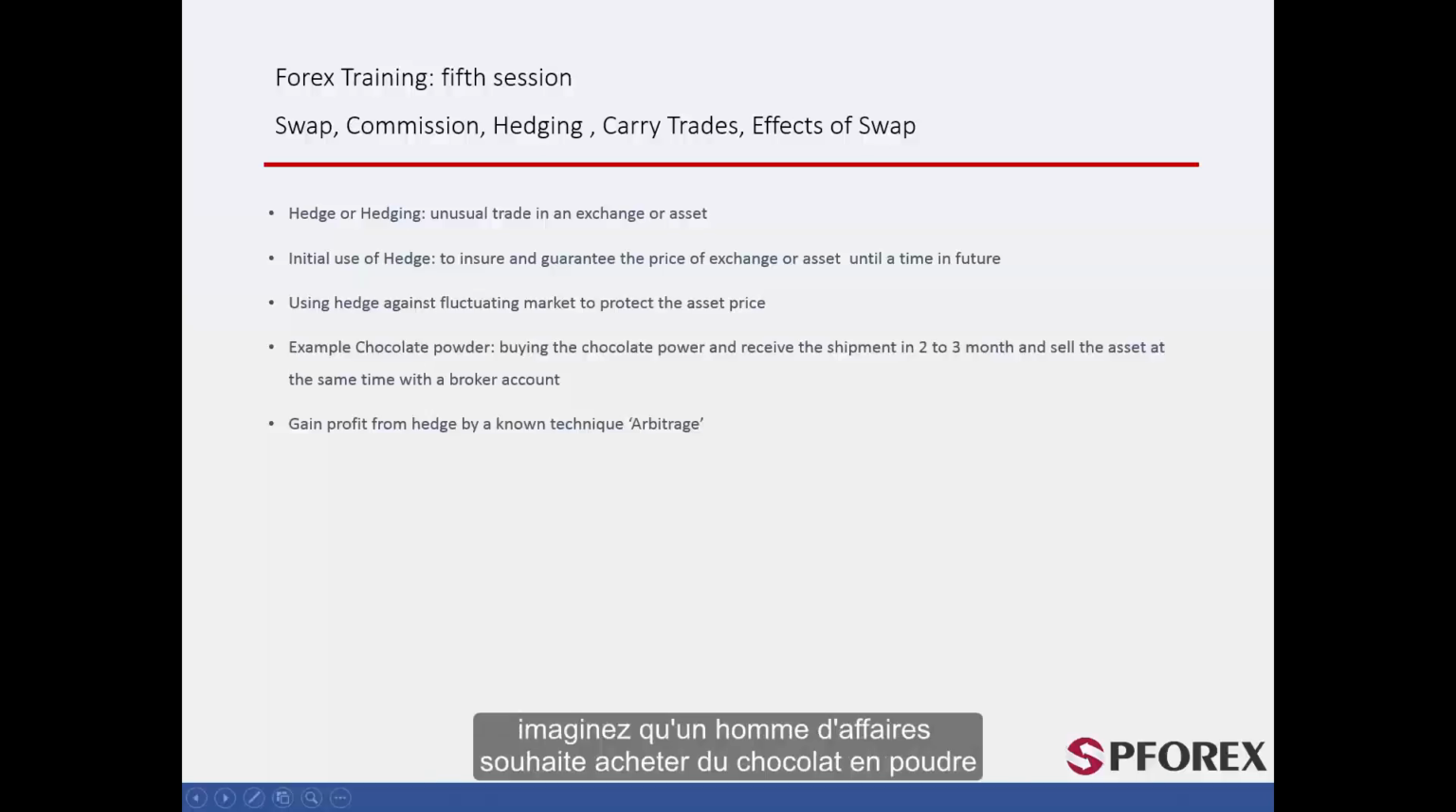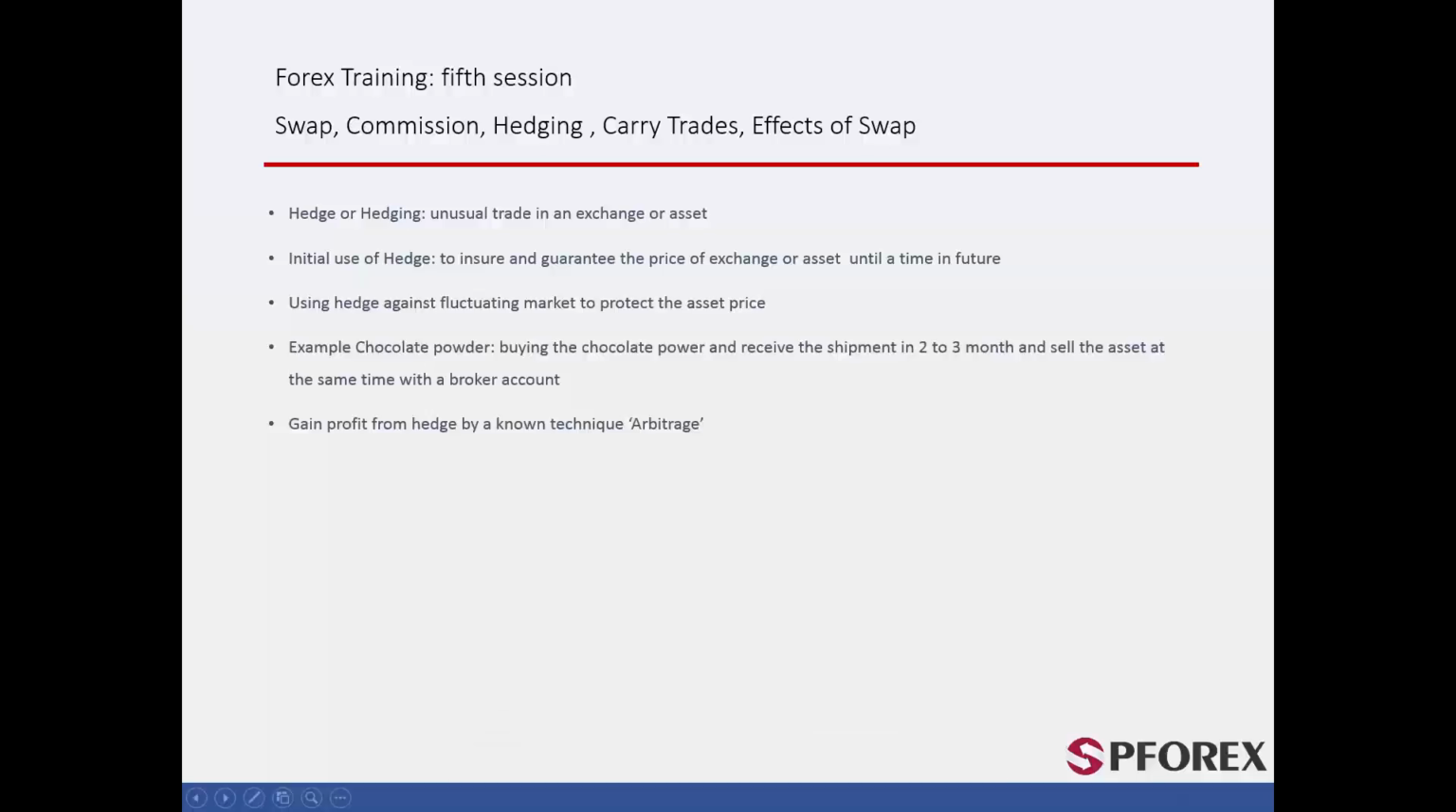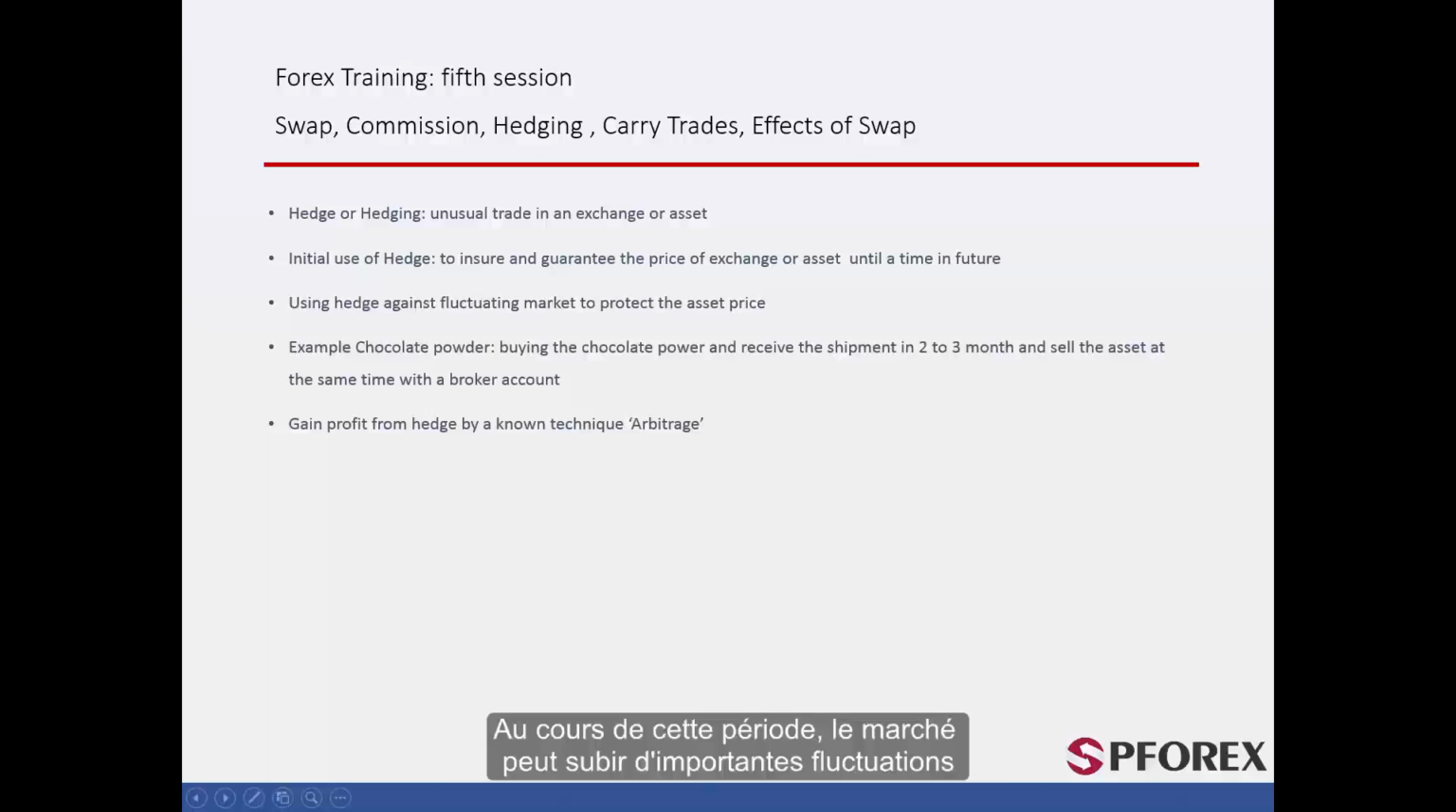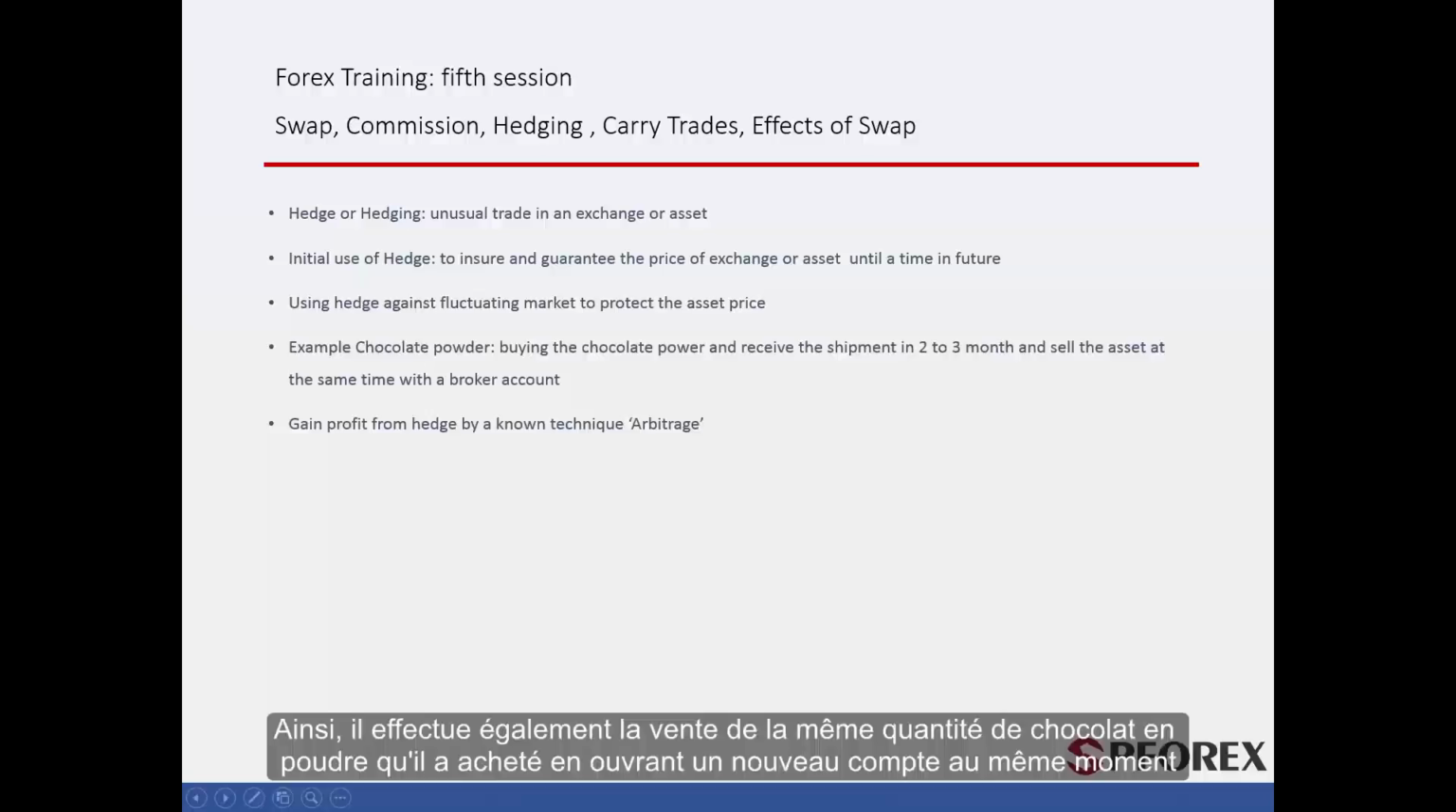For instance, imagine a businessman is in favour of purchasing a chocolate powder from some country, and it takes 2 or 3 months for merchandise to be delivered to him. During this period, he may experience dramatic market fluctuation. It might be a positive or negative one. Therefore, he also intends to sell the same amount of the chocolate powder he bought by opening a new account